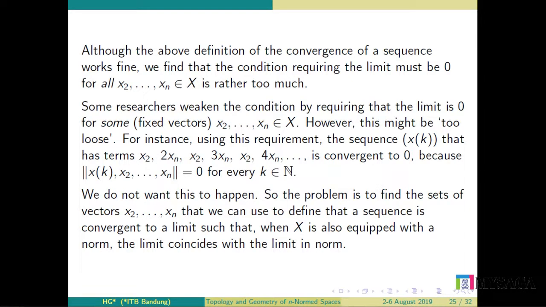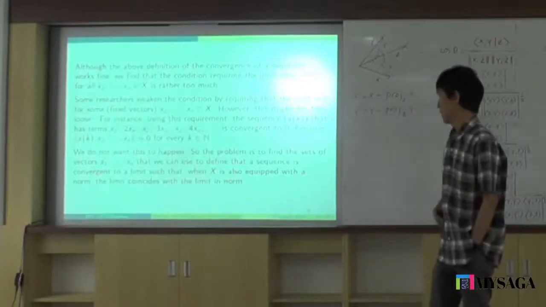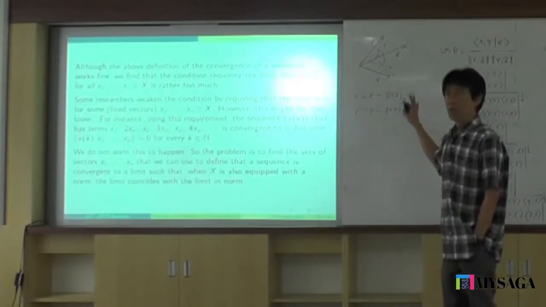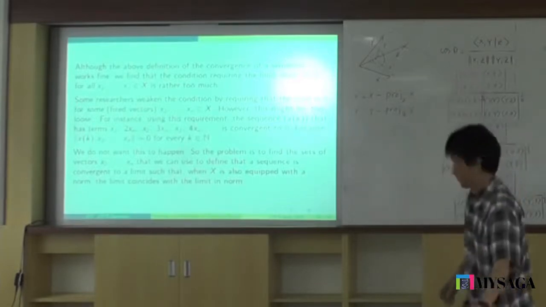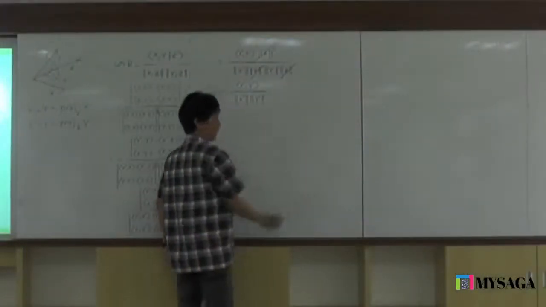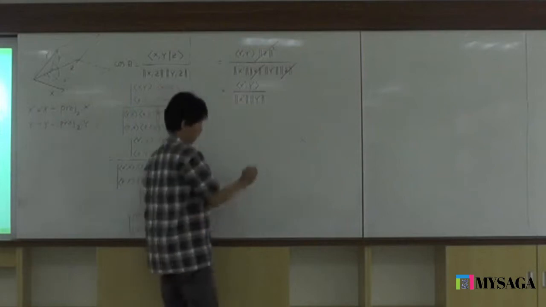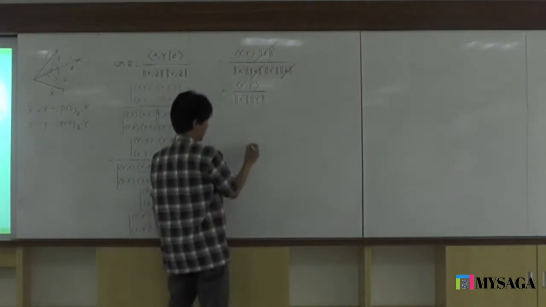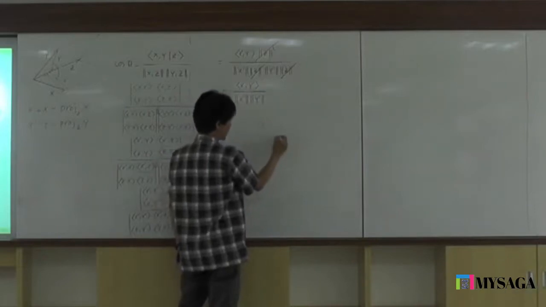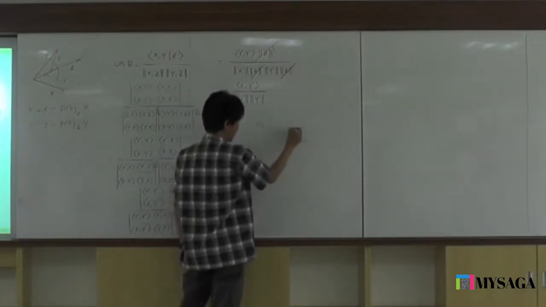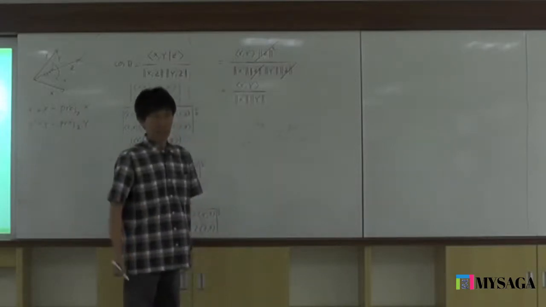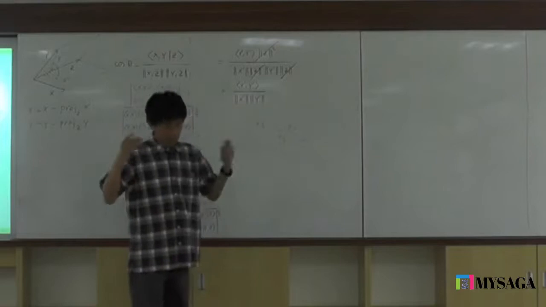define that the sequence is convergent to a limit, in the sense that if we draw it, for example, we want something convergent to x, so intuitively we want something that is really approaching x, okay,